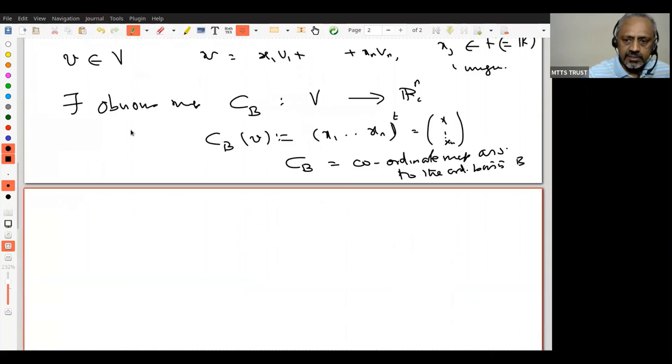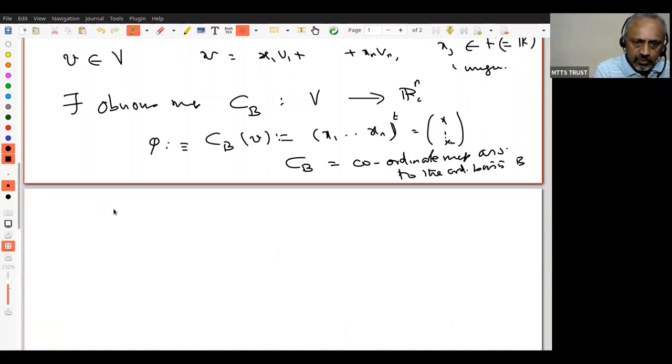So we want to understand this map. It will be difficult for me to keep writing C_B. Therefore, let me call it just phi. Okay, C_B is phi. So these x1, x2, ..., xn are called the coordinates